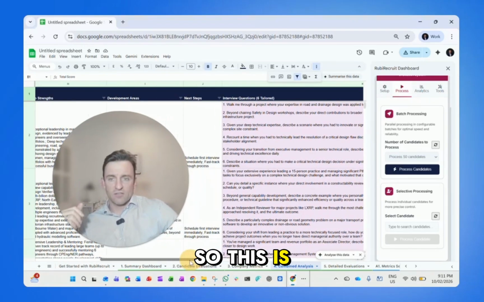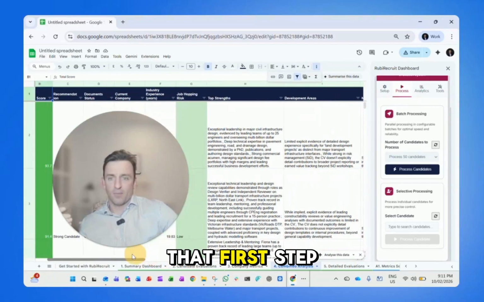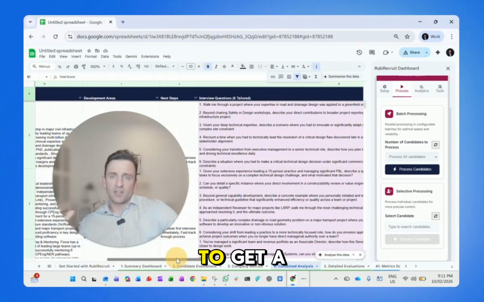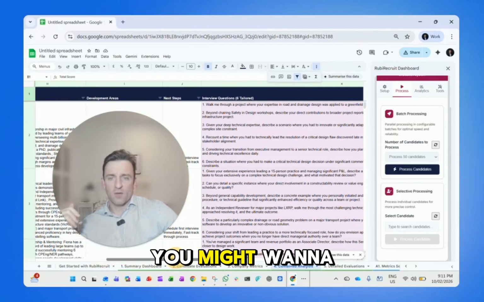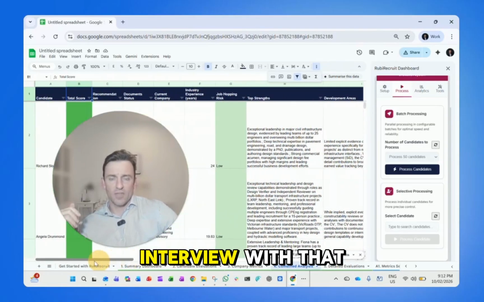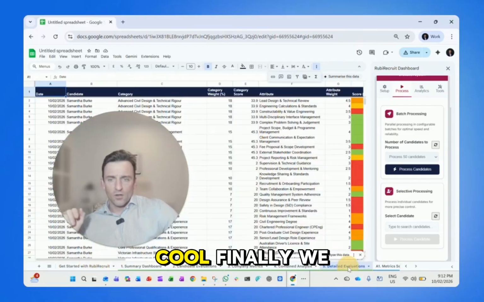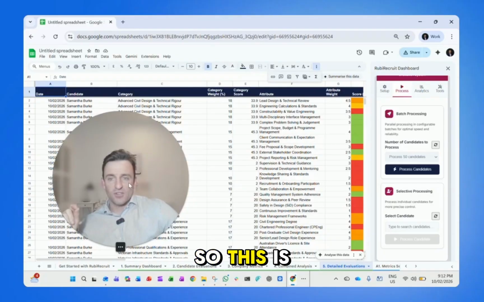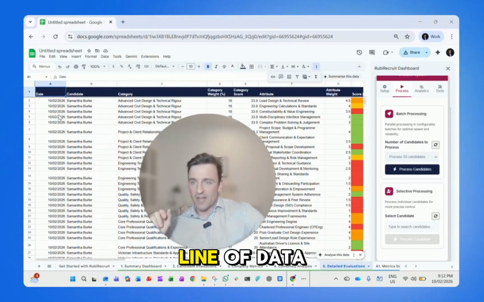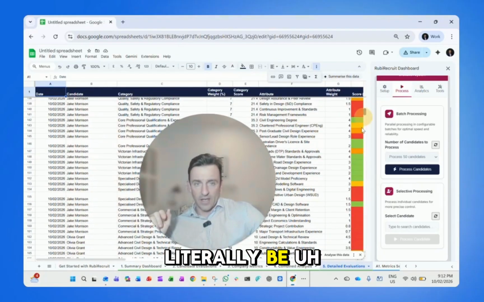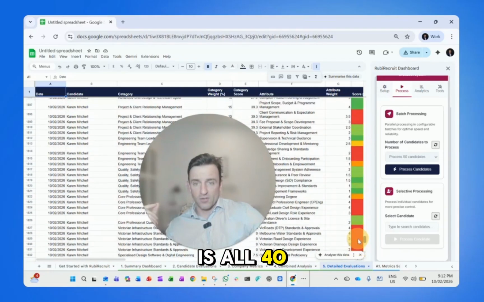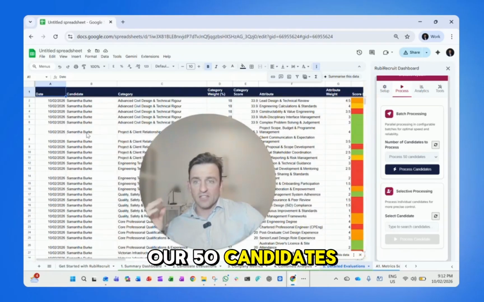So this is really designed to help you shortcut that first step. Once you've done your shortlisting and you've set interviews, you can come here to get a good feel for what are the probing areas you might want to look at in that interview with that candidate. Cool. Finally, we have the detailed evaluations page. So this is not a page you're going to sit and read every line of data, because this will literally be thousands of lines of data now, because this is all 40 attributes of all of our 50 candidates